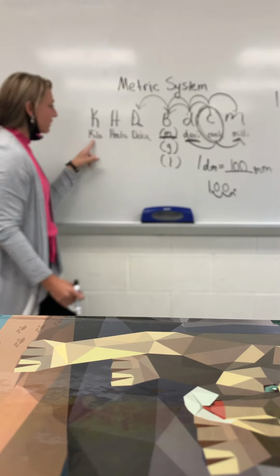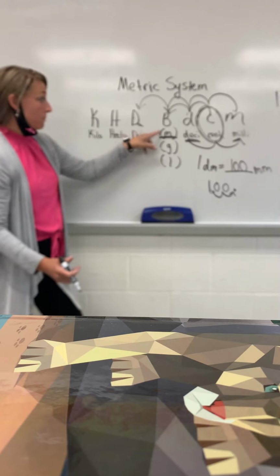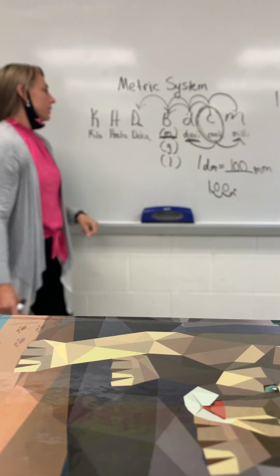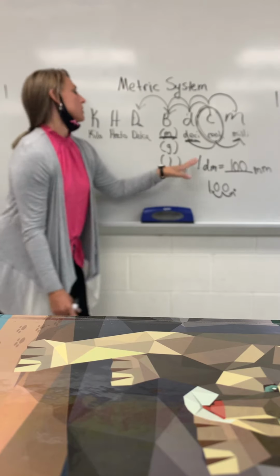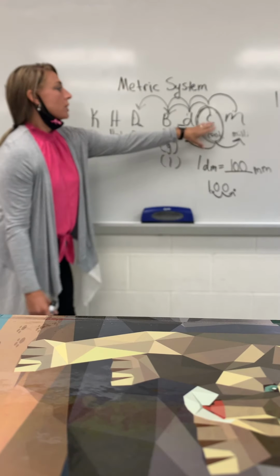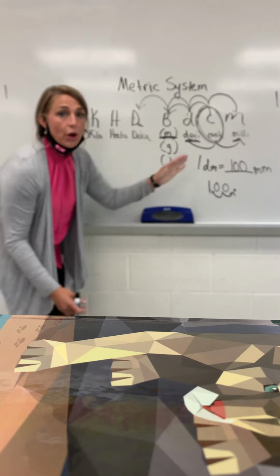You can have a kilometer, a kilogram, a kiloliter. You can have a hectometer, hectogram, hectoliter. You can have a decimeter, decigram, deciliter. So you are traveling left and moving your decimal point left, which we all know